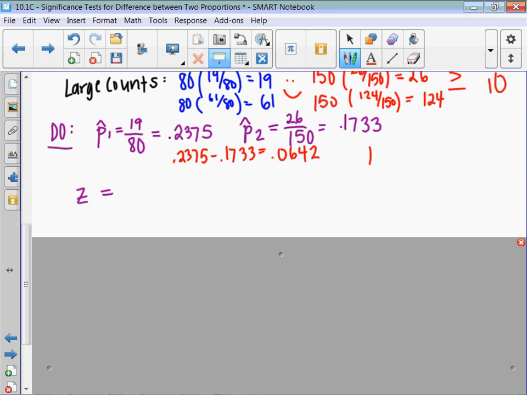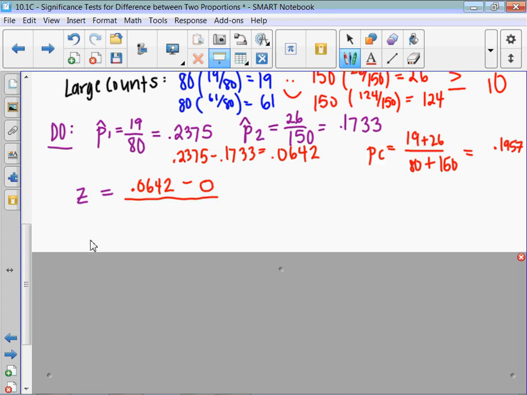And we also need to calculate PC, which we did 19 plus 26. So this is our pooled statistic for the standard deviation, 0.1957. So we always do the statistic minus the parameter divided by the standard deviation. So the statistic would be the difference that we calculated. And the parameter is what the null hypothesis is. We would expect it to be 0. And we're going to divide by our formula for standard deviation, which now we're using the pooled number, 0.1957